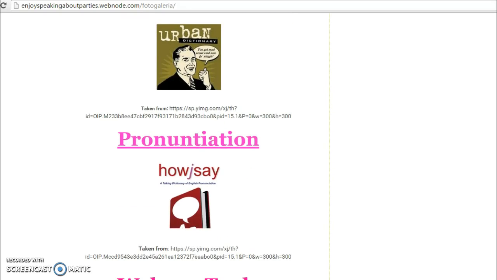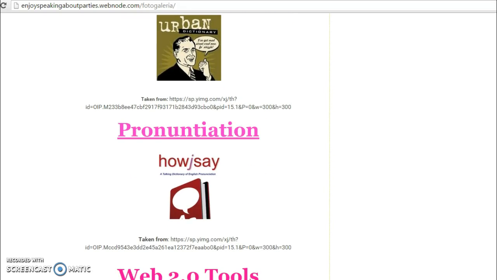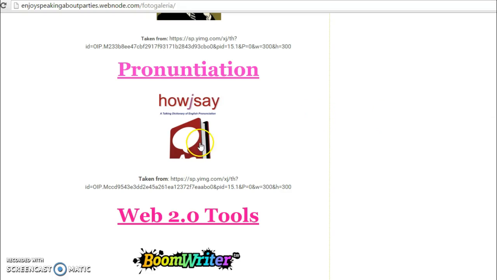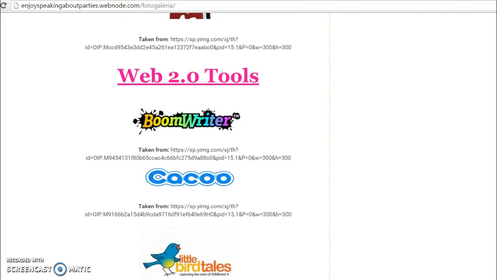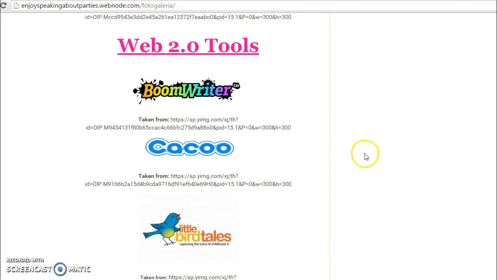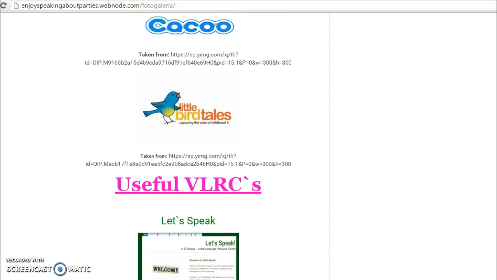Then you have an urban dictionary that will be very useful for this. Pronunciation, you'll find how they say. Click straight on that and you will get on the website. And then we have some Web 2.0 tools that are necessary for you to use during the development of the